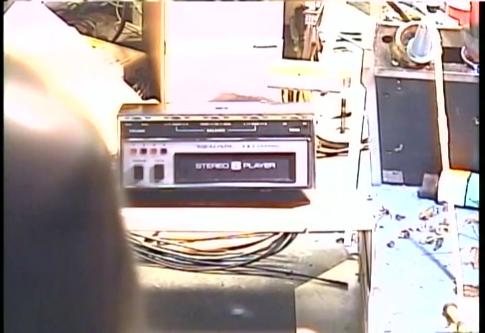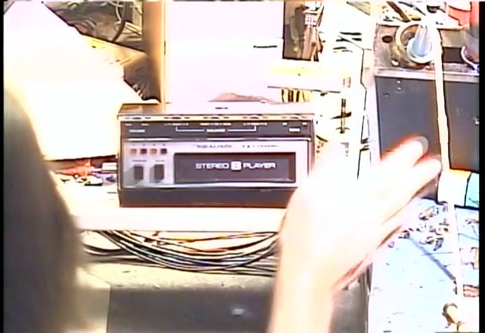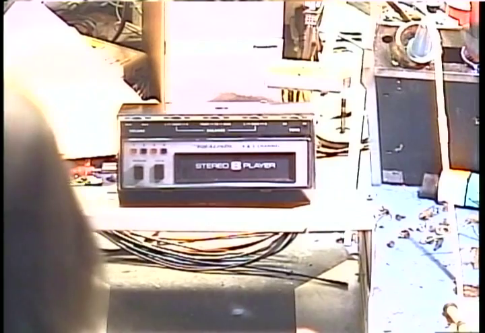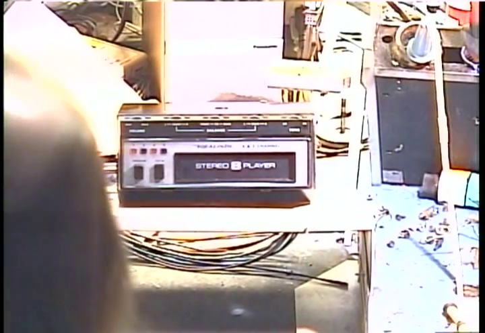And so I'm going to stop blabbing, and we're going to take a look at this 4-channel unit here. It's actually a 2 and 4-channel unit made by Realistic. Realistic has kind of a bad rap, but in fact they ended up putting out more than 70 models of 8-track players of all different types, and they also are a very good brand.